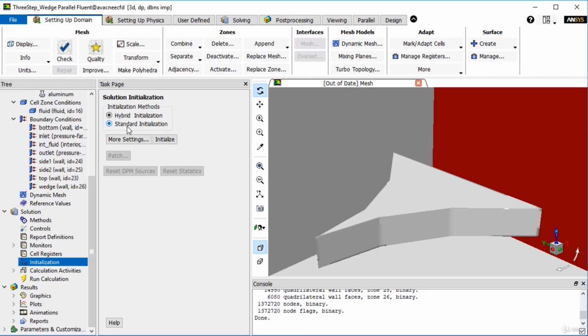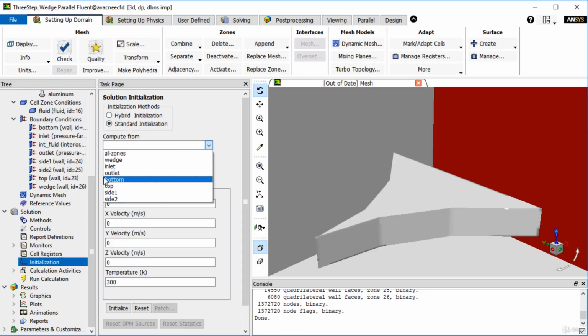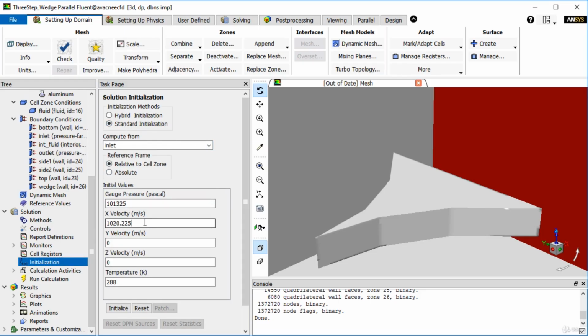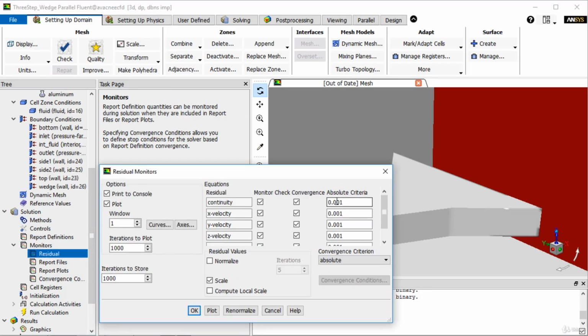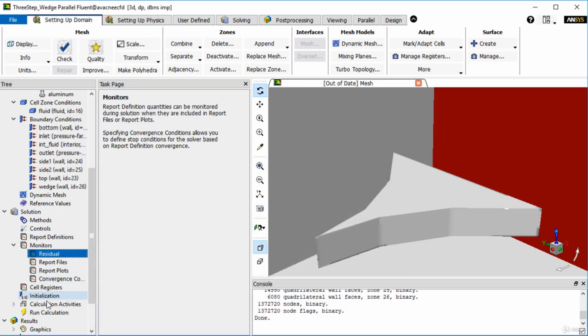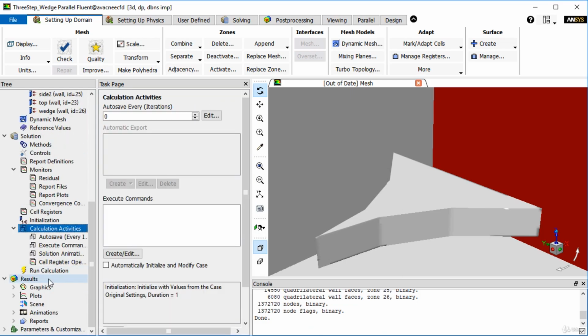So just directly go to the initialization, and this time I will use the initialization from inlet. So it will have the x velocity only, no y velocity, no z velocity. Initialize. And also change the monitor properties for residuals. So just put some zeros so that it should not converge too early. So maybe like this. So I will put, let's say, minus 18. Okay. And then in the run calculations,